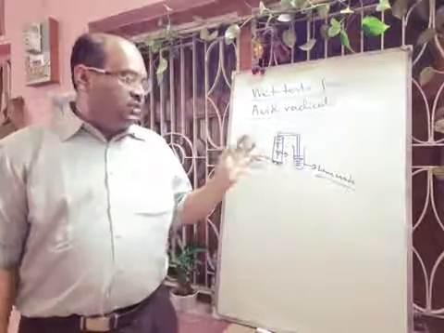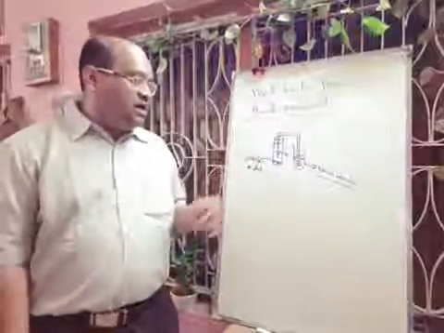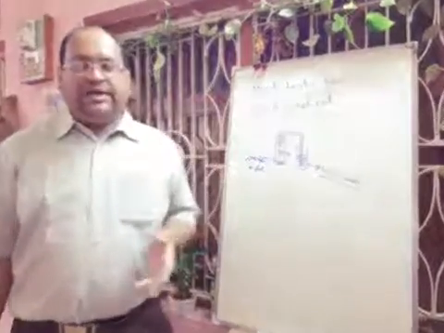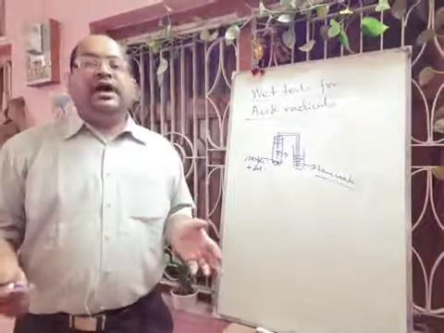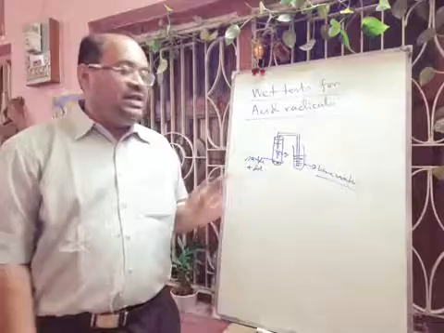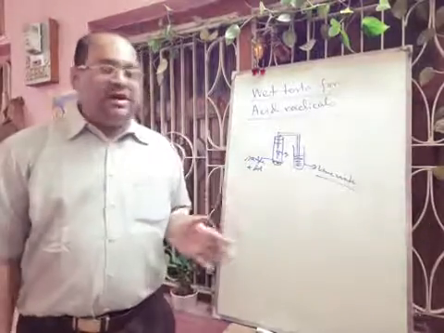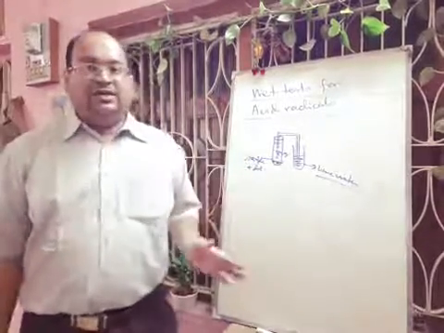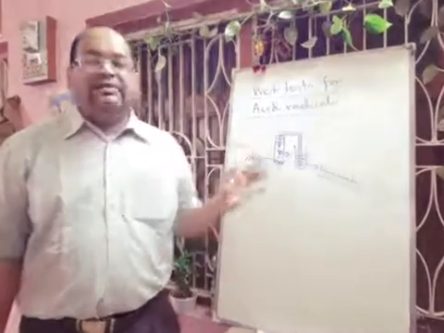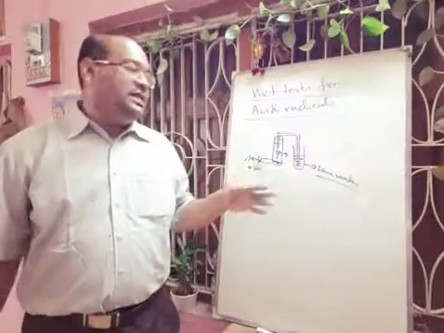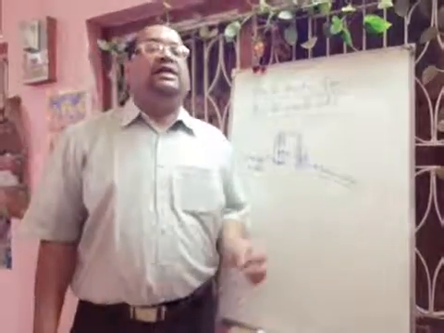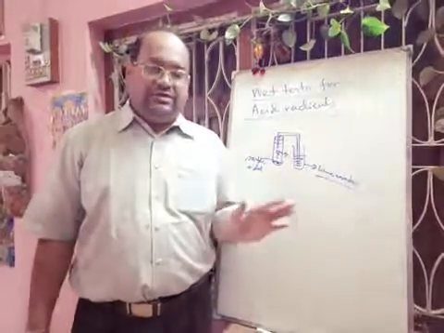And if you pass this gas through KMnO4 solution, acidified KMnO4 solution or only KMnO4 solution, it cannot decolorize the purple color of the KMnO4 solution. It also cannot decolorize acidified potassium dichromate solution. Then you can confirm that the gas present is carbon dioxide, and that the radical present is carbonate radical. So in this way you can easily confirm that carbonate radical is present in your salt.